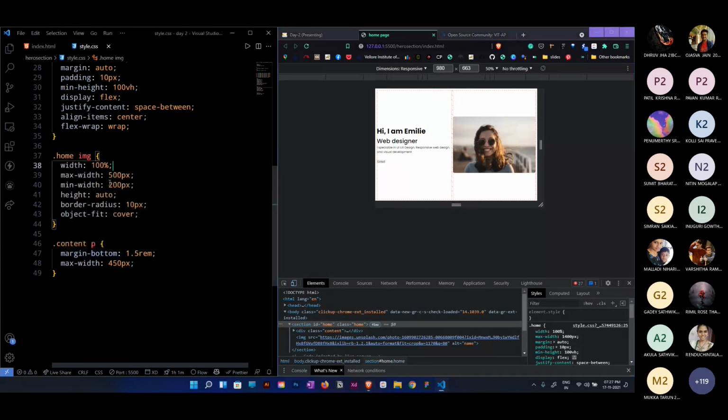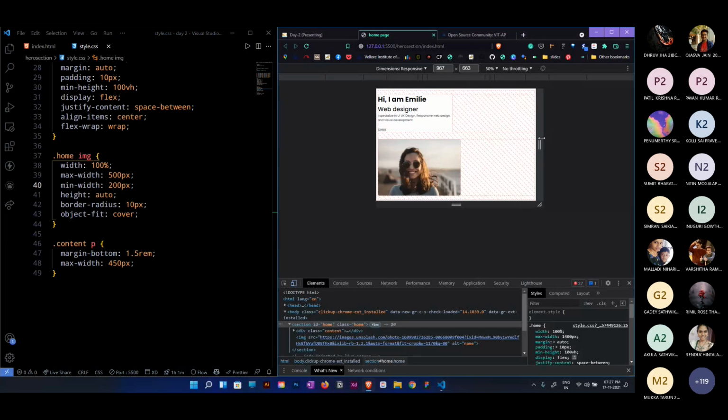I've set the minimum width for my image. It can't go over 200 pixels of width. And when both hit the minimum point, it just wraps over to the next line, so that it will be helpful for our mobile view. It will be easier to make it responsive using media queries. You don't need to add additional styles in media queries.